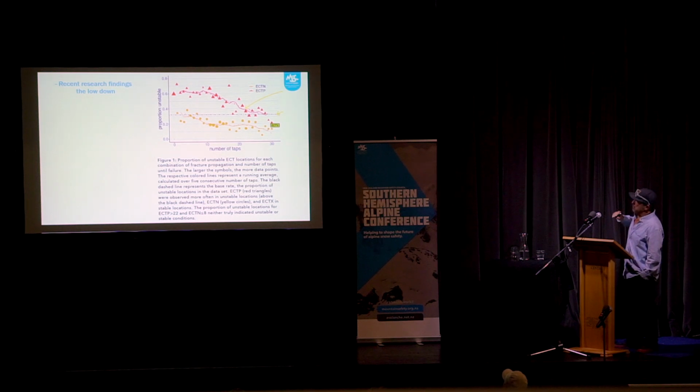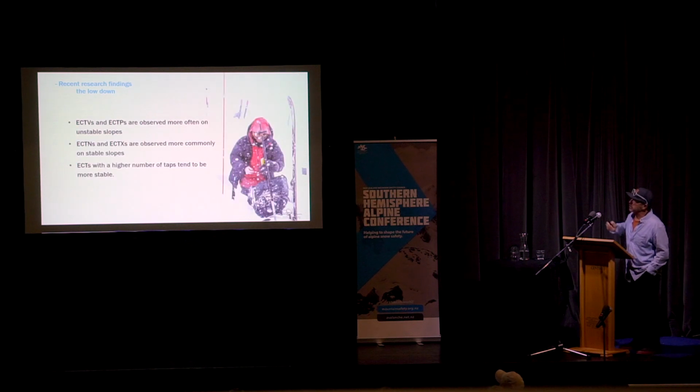And what it shows, which is not rocket science, I think anybody in this room would go, yep, that's what I'd expect, is that when you get very easy results or easy results with your ECTs, if we're talking about positive results, the slopes are very unstable. And the more taps you require to get an ECTP, still a positive propagation, the closer that is to not making a huge difference. Put it another way, this part is what's come out here. So they basically observed